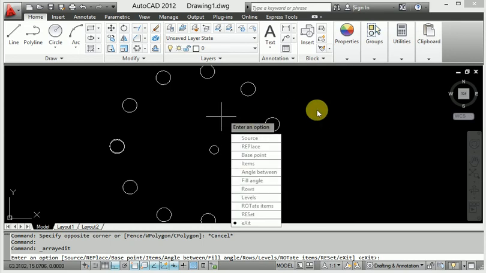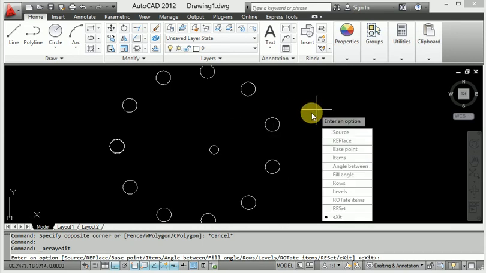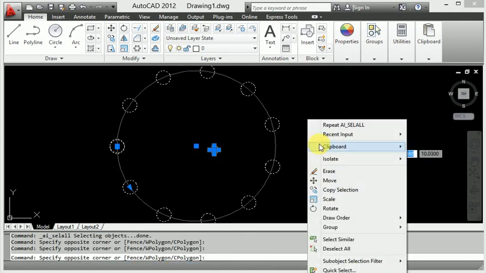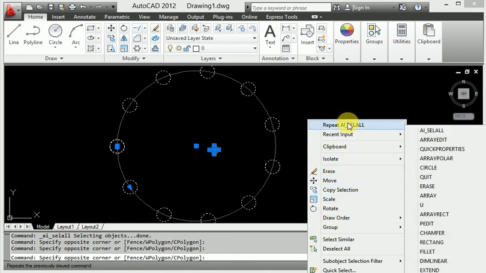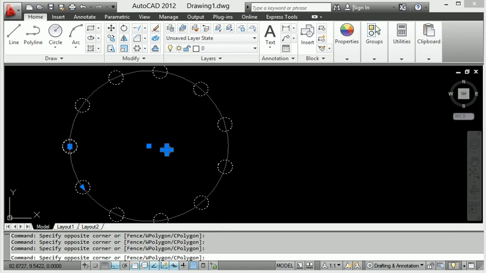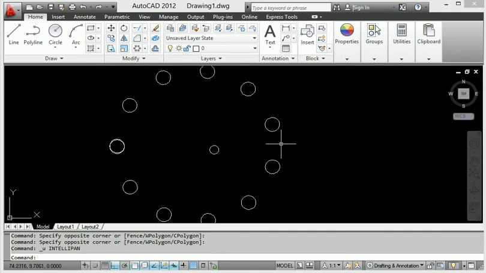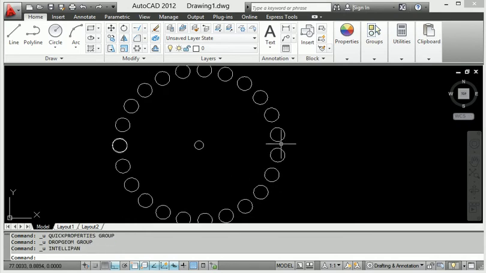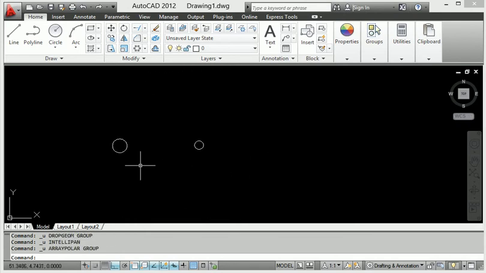So when you again use the circular pattern, this is here the circle, and how to use the shortcut key in circular pattern.